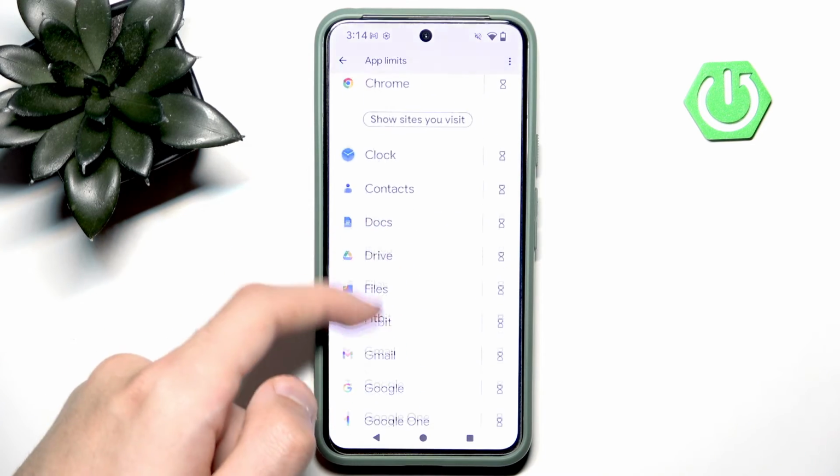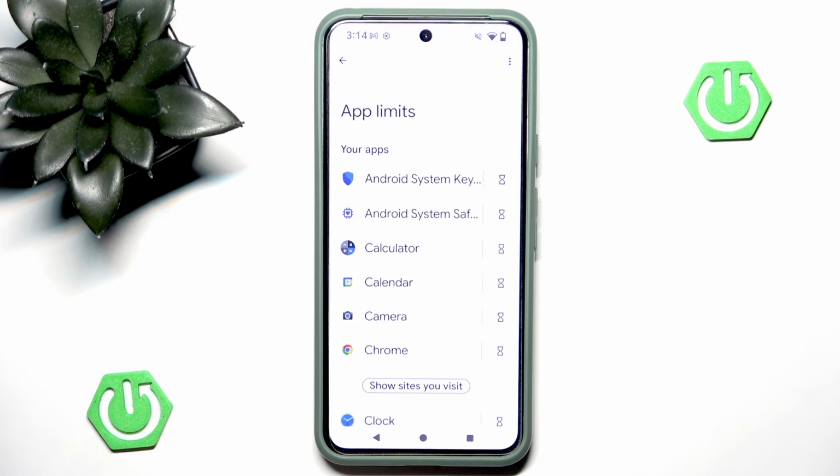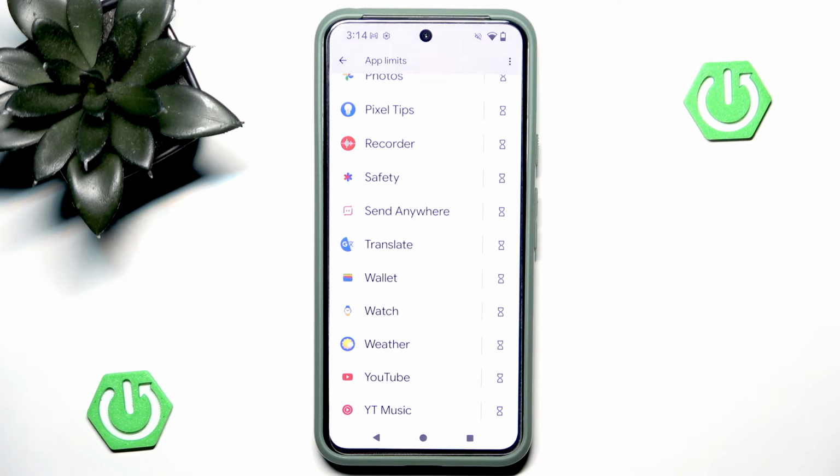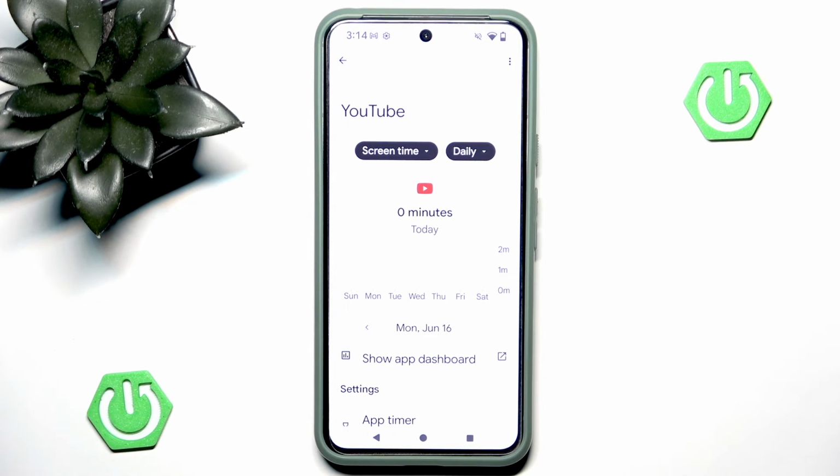So as you can see, we can scroll and we'll see every single thing. So let's say that maybe I'm addicted to YouTube Shorts, or Facebook Reels, or Instagram Reels, or TikTok, whatever. Let's say I'm using YouTube for such a waste of time, so now we can hit YouTube. As you can see, I haven't used it today, luckily, but in order to add an app timer, we can